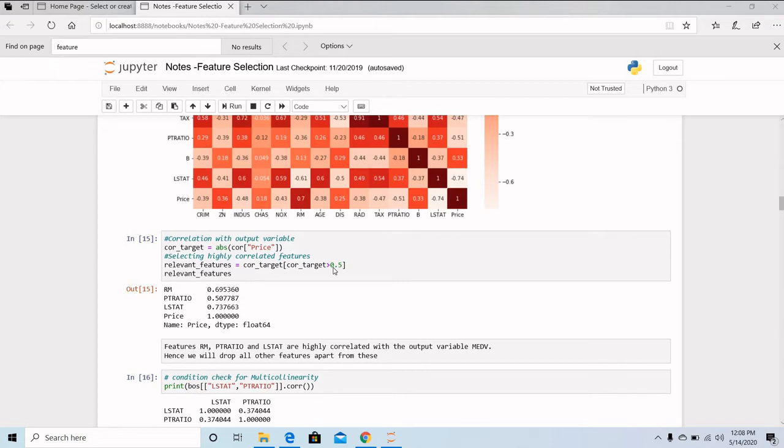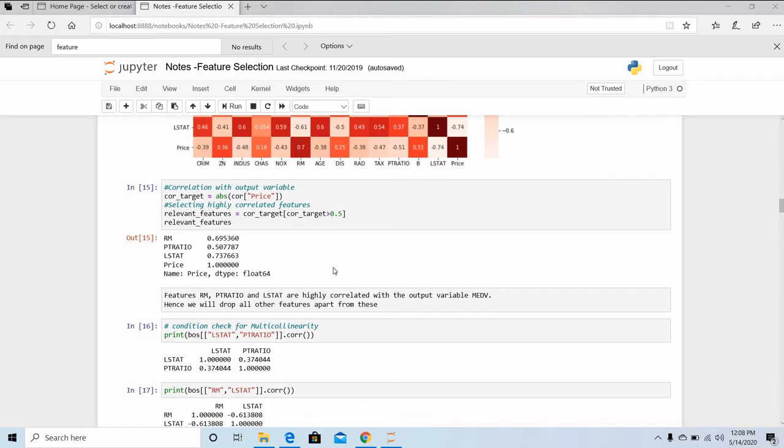Here, as we know that price is the target variable, we can see how each feature is related with the target variable. I have kept the threshold as 0.5. 0 to 0.5 and 0 to -0.5 is the moderate range. No correlation will be nearer to 0.